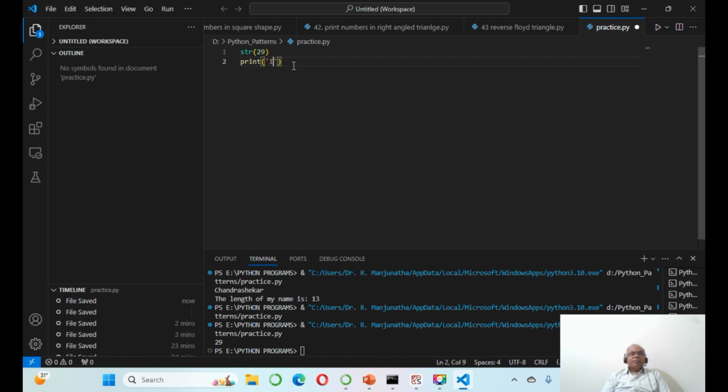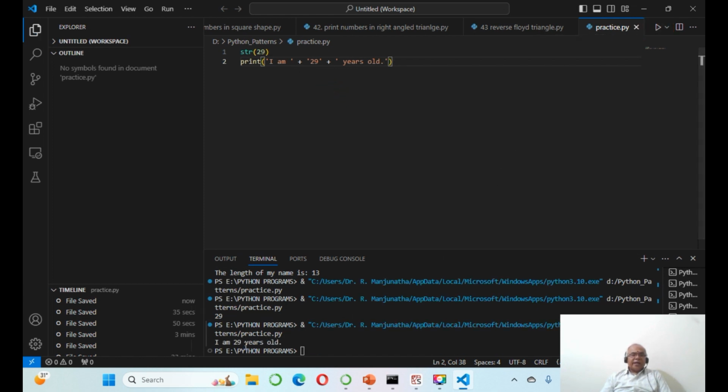I am, given space, plus 29, plus give space years old. So if you try to print this, I am 29 years old, it will give you I am 29 years old. Suppose I want to pass it by using a string function, then what I will do, instead